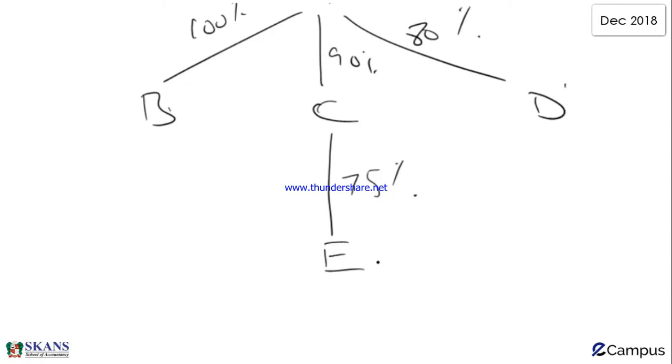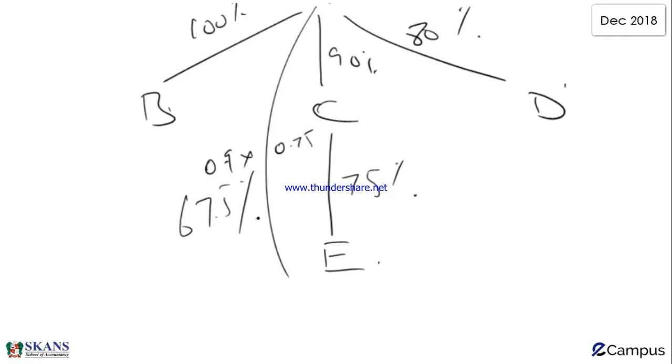Well, as far as E is concerned, that is a sub-subsidiary, and we should find out what is the effective holding. Well, that'll be 0.9 into 0.75, which is 67.5%. So no, E could not be member of loss relief group, but E is member of capital gain group,